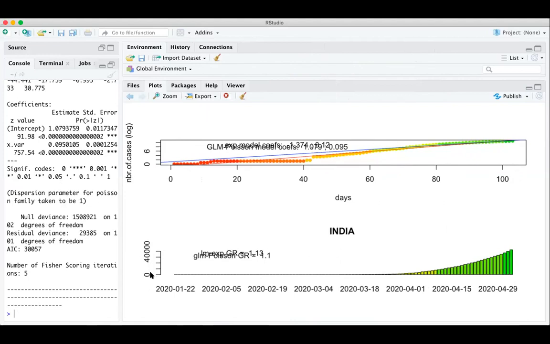First of all, see the lower graph. 0 to 40,000 is the total number of cases, and it has been drawn with the date as the x-axis. On the upper side, a logarithmic scale from 0 to 6 has been taken, and the number of days from 0 to 100.